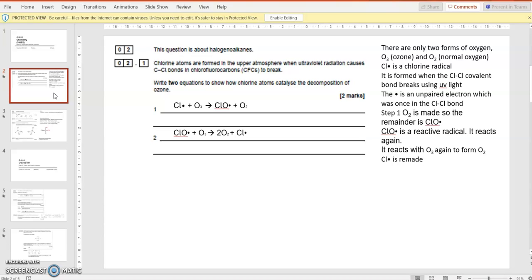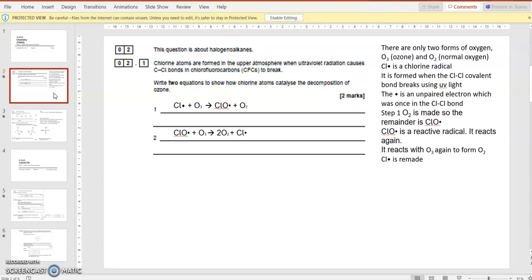That's your initiation step. And then it can react with things like alkanes, and here I've got it with ozone, O3, forming O2, and whatever's left over is ClO with a dot, so the unbonded electron now has gone onto the O. That reacts again with more O3 to form 2O2 and Cl dot, and that Cl dot, that radical,